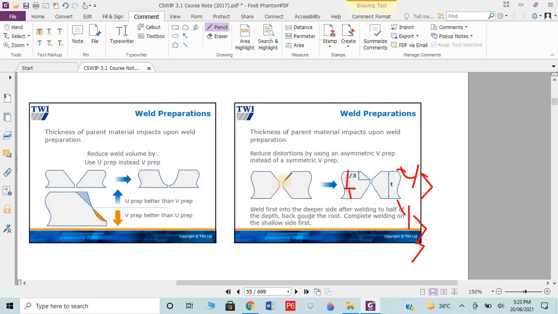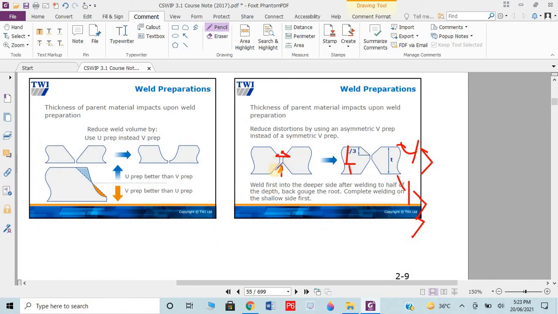At the center, when we perform the welding, after the root we need to check and we need to do back gouging. What is back gouging? I will explain it in the next lecture. So then we weld and divide. Then what will be the result? Some forces will occur at this side and other forces at this side. Overall the geometry will be the same.